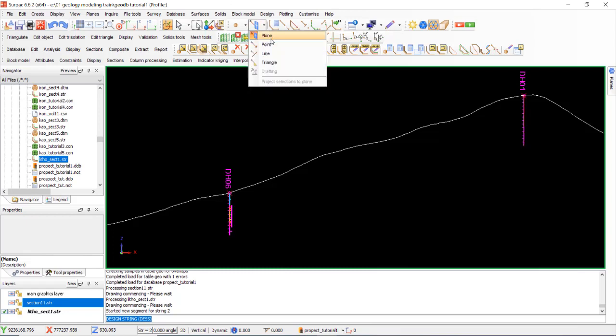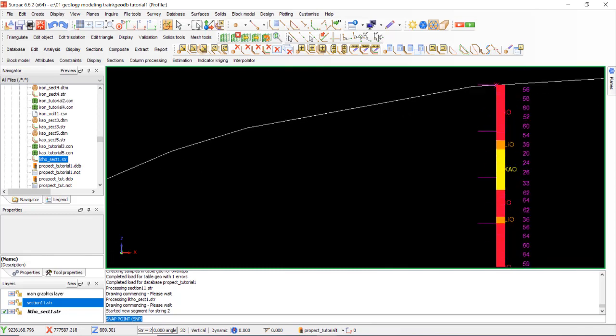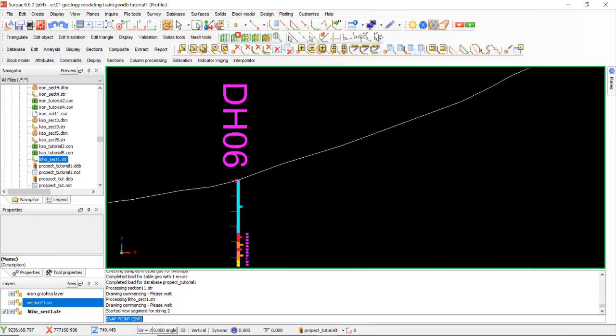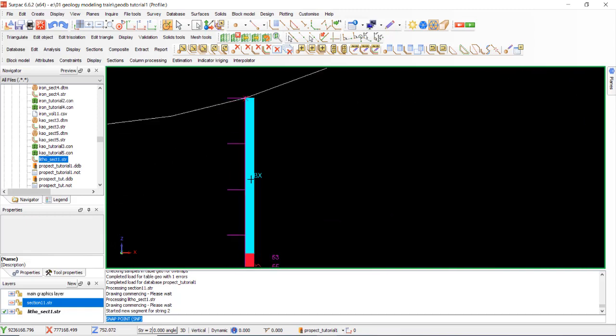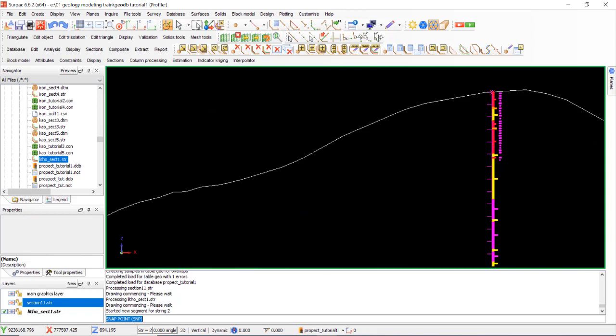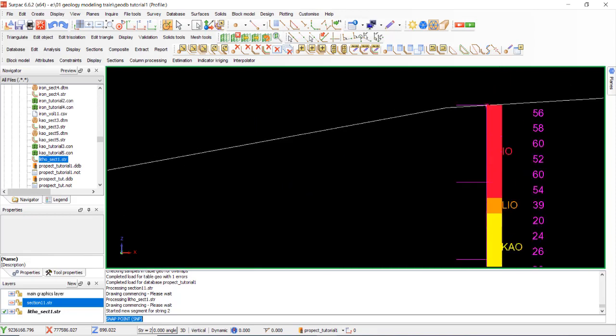Okay, select point snap. Start from iron ore, but in this area breccia is on top, so we must correlate breccia in the top. Here is not breccia, but we must correlate.